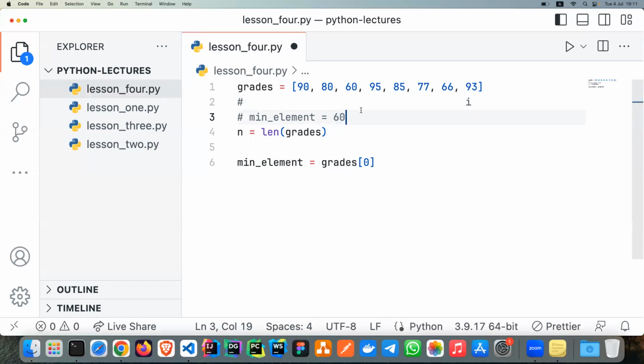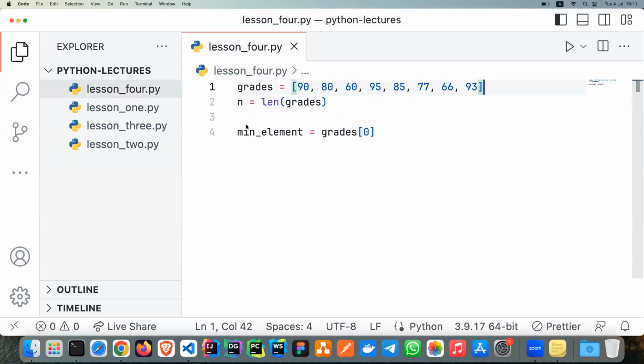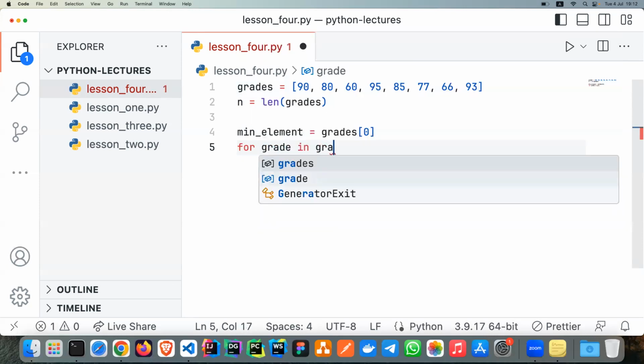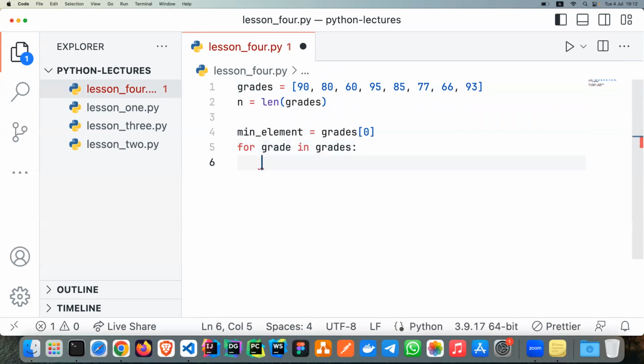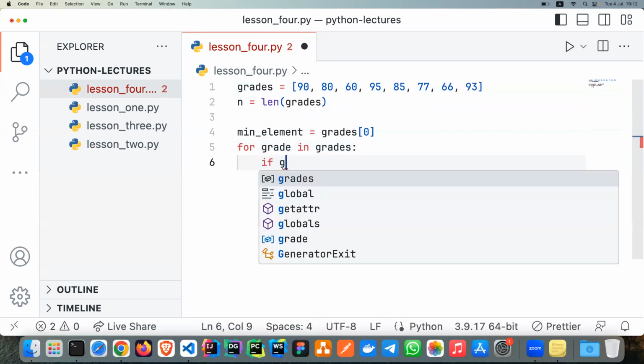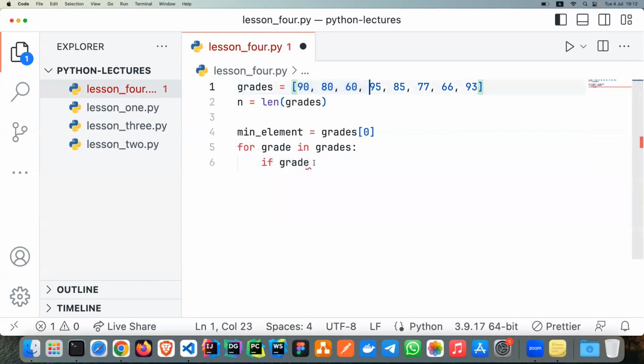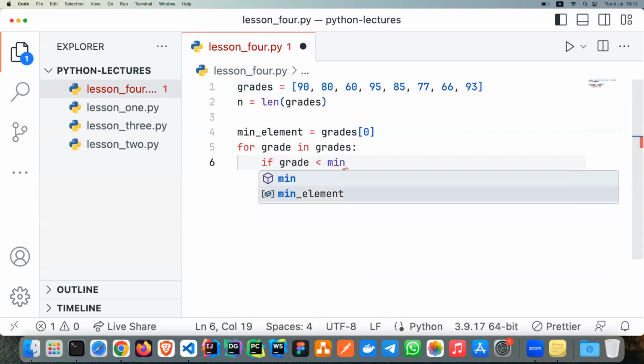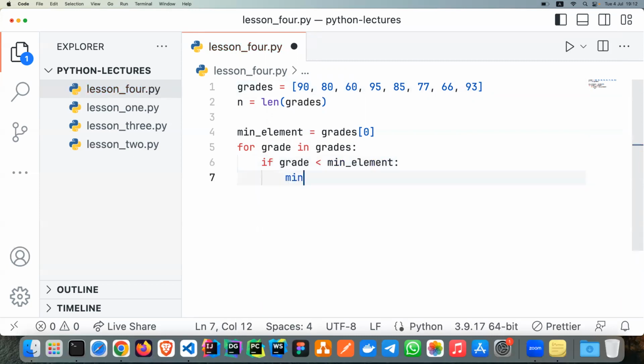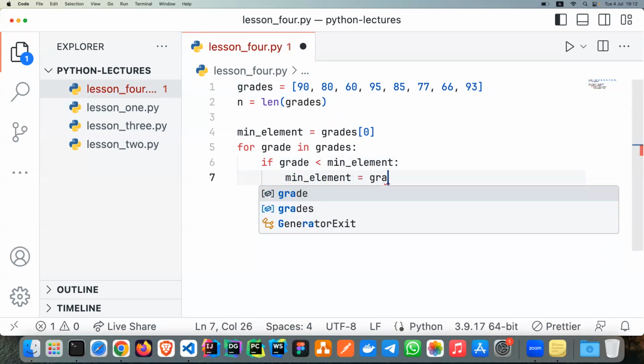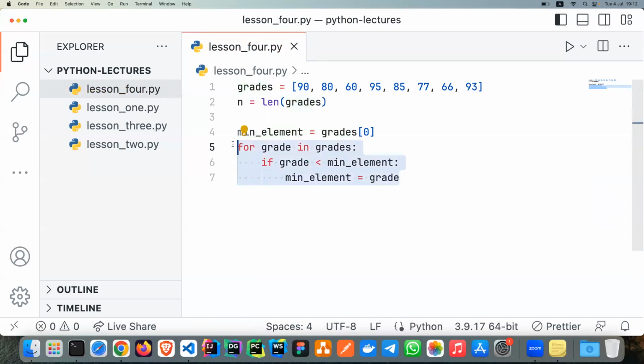If I want to write code for this, actually, this is pretty simple. I will go through, for each grade inside this grades list, and I ask the same question. If the current grade, the current element that I am looking at, is less than the minimum element, then the minimum element is that element. So basically, for each item, I just ask, are you less than the minimum element? If they are less than the minimum element that I have guessed,